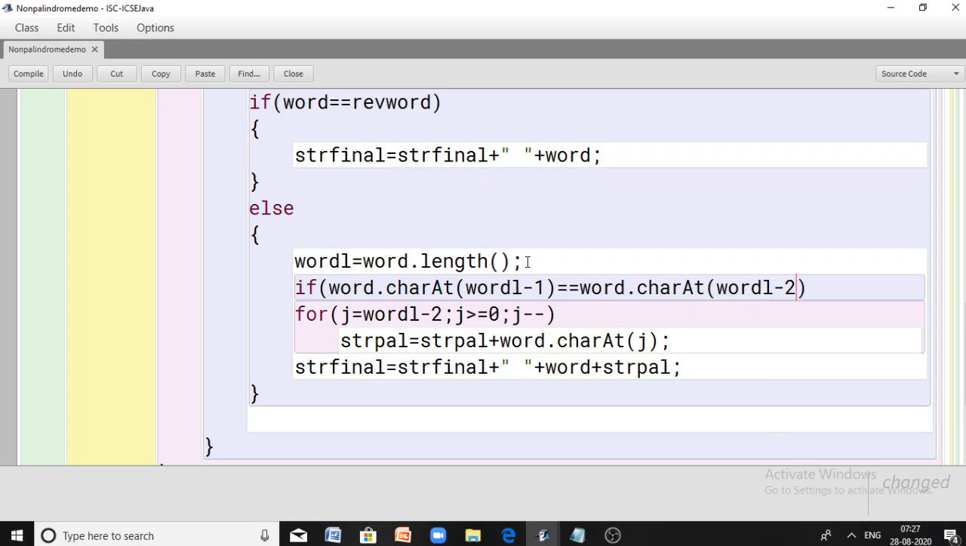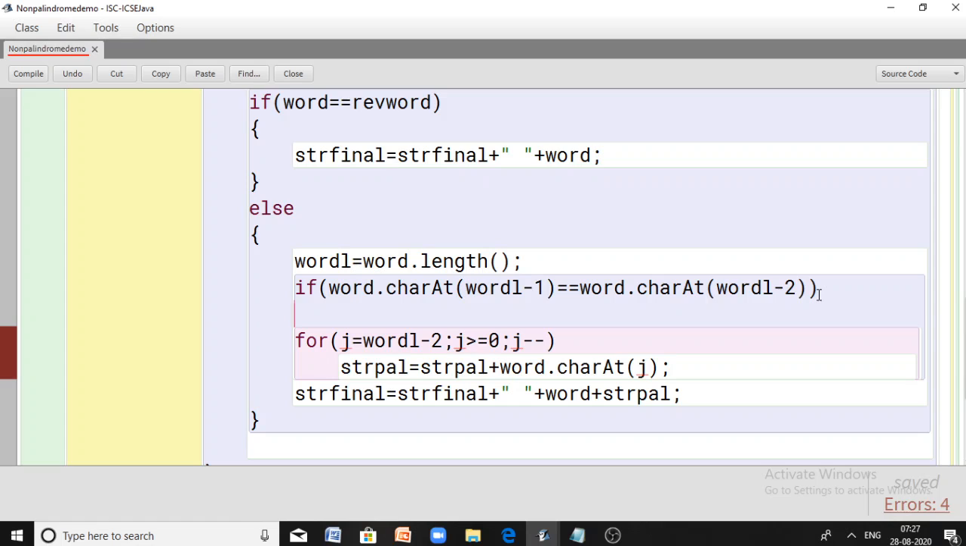Word length minus 2. Suppose the last character and the last but previous characters are both the same. Here you cannot use the same logic. That means you cannot take the reverse form of the word from the last character. Sorry, from the last but previous character. You have to exclude the last but previous character also. That means you have to start extracting from